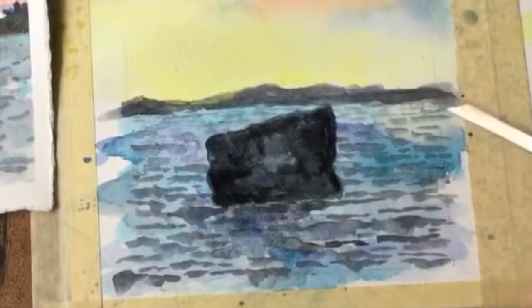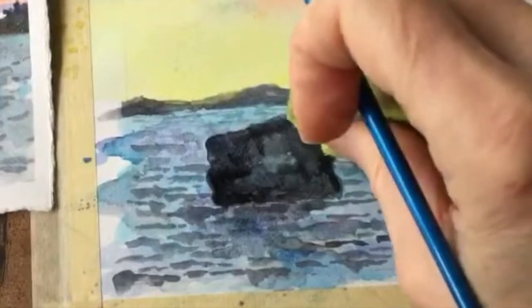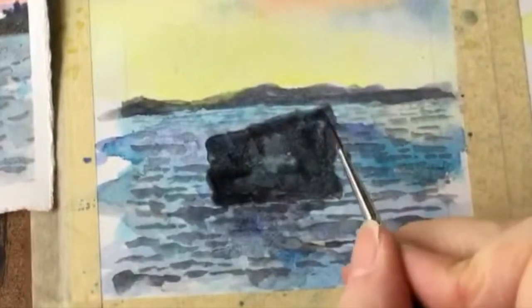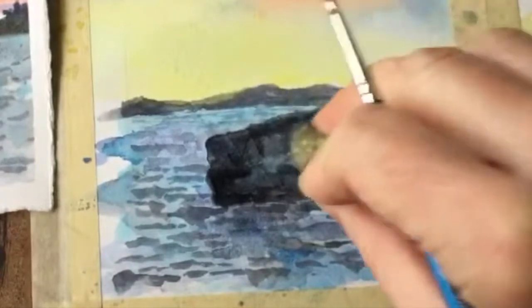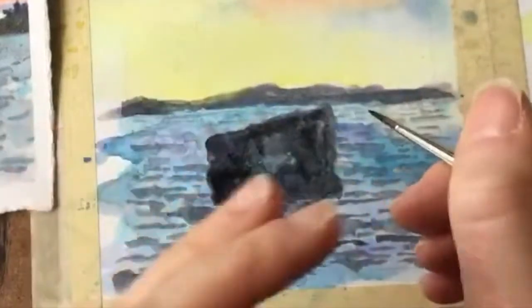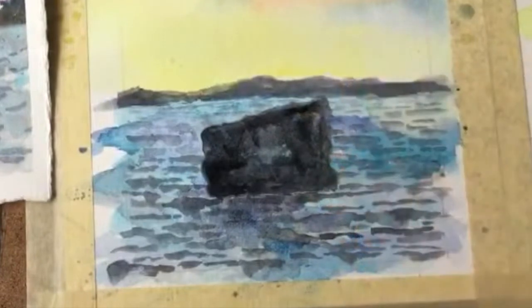Actually it looks a little bit flat because I have a straight on view. Maybe we should try to make it look like there's a little bit of a side view. So what if I wanted to get a little bit of a side view there? I'm just going to lift up a little bit of the color. And then what might work is to get a more darker piece, and then do a line to make it look a little more dimensional. So rather than looking totally flat, this is maybe